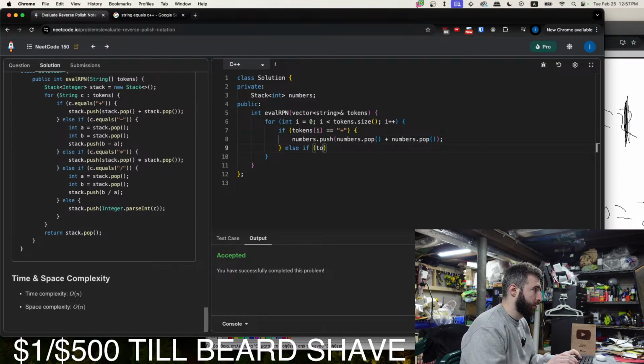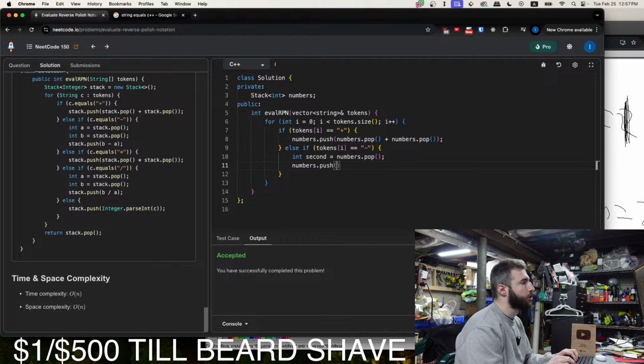If tokens I is equal to minus, it matters for minus, so we need to get the second, equals numbers dot pop, and then we can push numbers dot pop minus second.